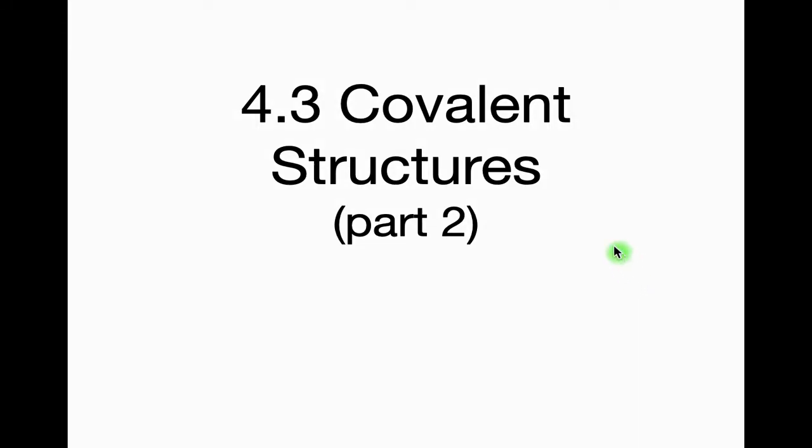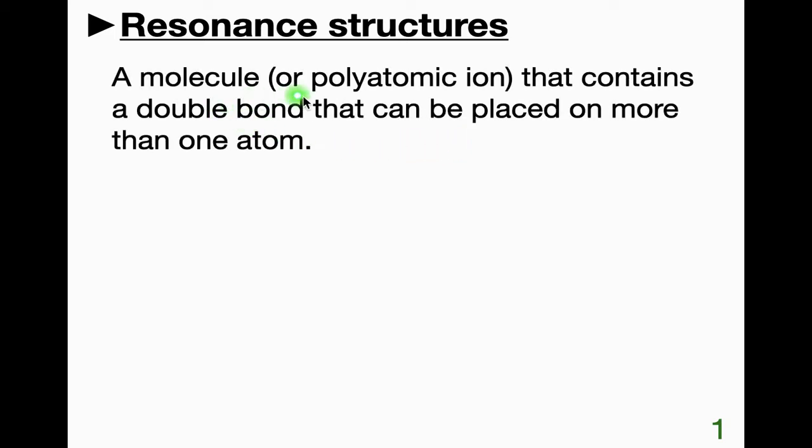Okay, topic 4.3, covalent structures, part 2. These are just a few things we didn't get to when we first covered covalent structures. Okay, resonance structures: a molecule or polyatomic ion that contains a double bond that can be placed on more than